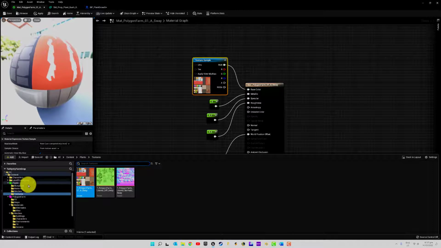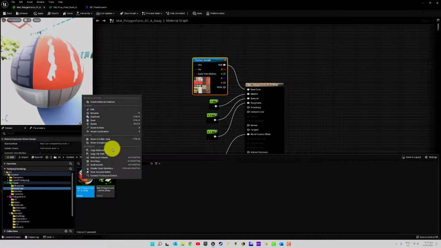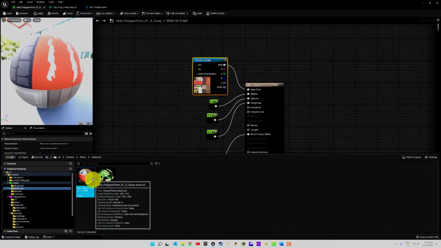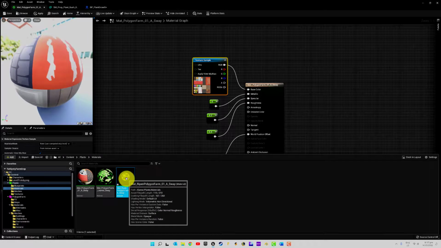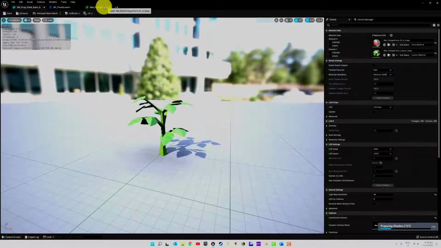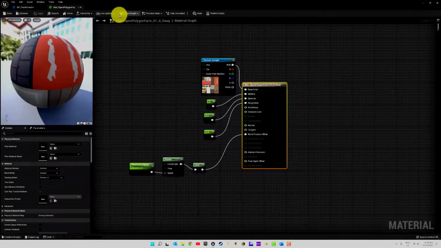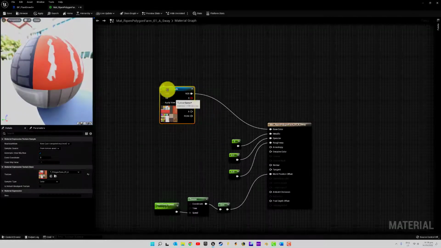Anyways, we are now going to go to our materials, and we need to create that ripen material. So I'm actually just going to duplicate it, Control D. We are going to rename it with ripen, take that little one out, open it up. I'm just going to save and close the other one. Now we're going to